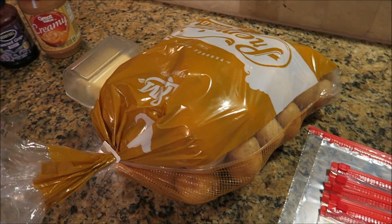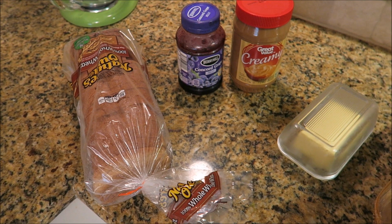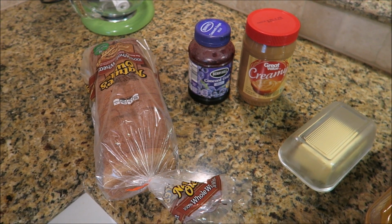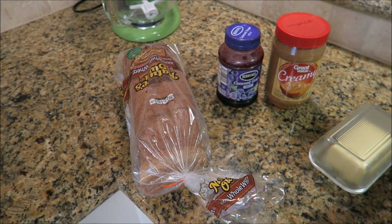Okay, so here's the first batch of freezer meals that I'm going to be working on. Pretty simple. So the first thing is some peanut butter and jelly sandwiches for Connor. I mentioned before, but the week that I go in for my C-section is the first week of school for him. So I just want to make sure I have some PB&Js in the freezer ready to go for his